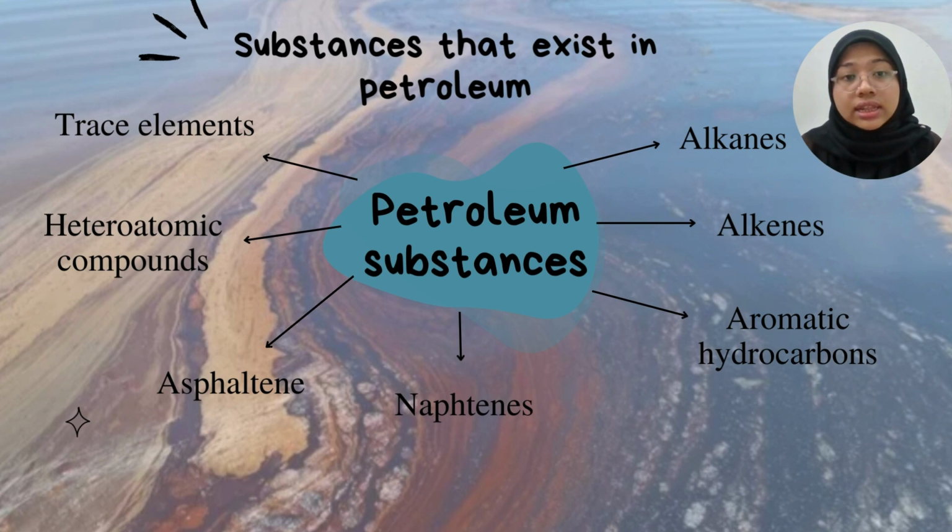While for asphaltene, it is a complex compound in crude oil or raw petroleum, and it can precipitate, causing pipeline blockages, reducing the efficiency during the refining process. However, the solution to this case is still ongoing. And then, heteroatomic compounds in petroleum refer to molecules containing atoms other than carbon and hydrogen. These heteroatoms include nitrogen, sulfur, oxygen, and trace amounts of other elements. Compounds with heteroatoms contribute to the overall composition of crude oil and its fractions.